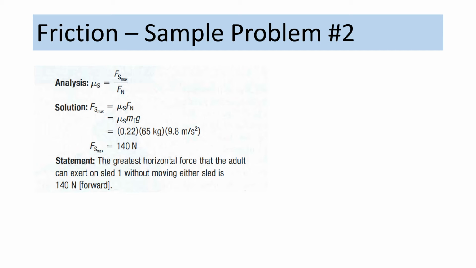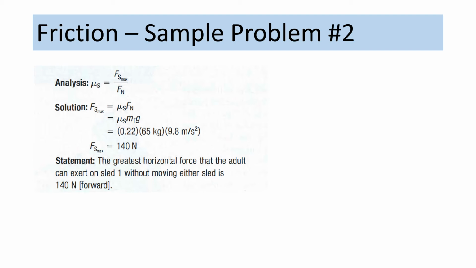In our analysis, we know that μs equals Fs max divided by Fn. We can cross multiply and get the equation Fs max equals μs Fn, which equals, substituting in for Fn, μs m g,